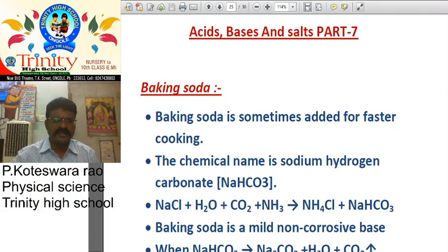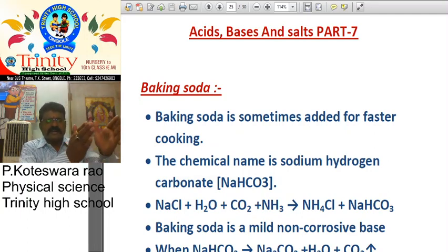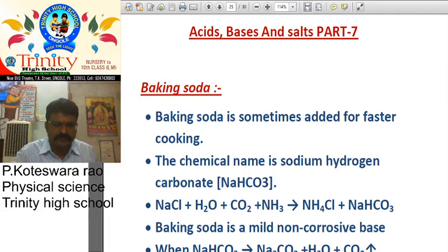What is the formula of ammonia? NH3. Okay, now is it a balanced equation or not? Do you know about a balanced equation? Balanced equation means we already discussed the number of atoms on the LH side, before the arrow mark. These are called reactants. The number of atoms must be equal to the number of atoms on the product side. The substances formed on the right hand side of the arrow mark are called products. Okay, so is it a balanced equation?